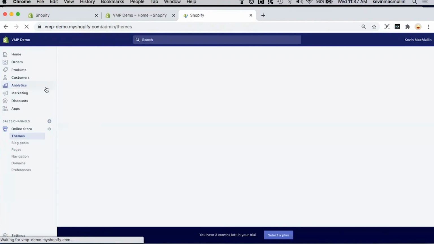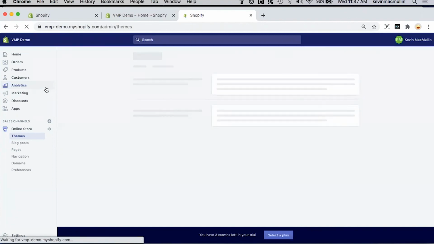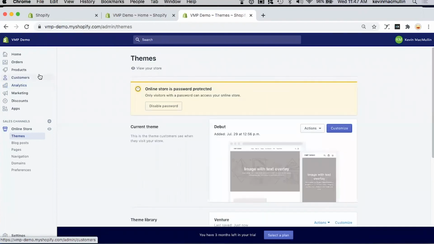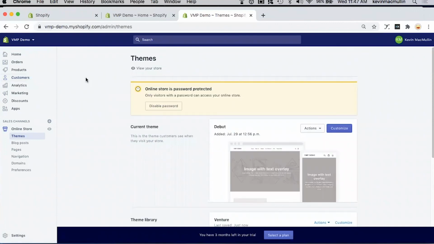So we're back on the main panel of our dashboard now. I wish Shopify was faster today. Anyway, it may just be our internet connection. Okay, so we're back out to our main screen and we're going to walk you through. We talked about disabling the theme until you're ready. The one thing I forgot to do is when I started off,